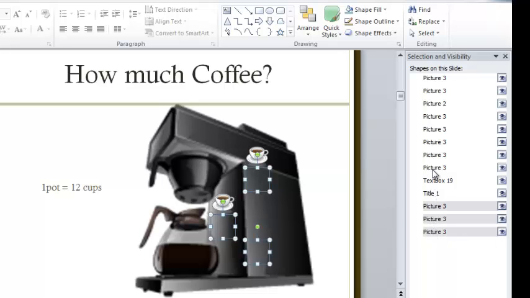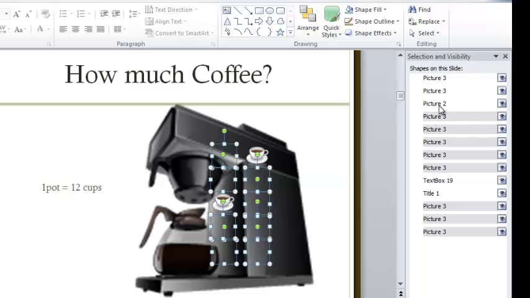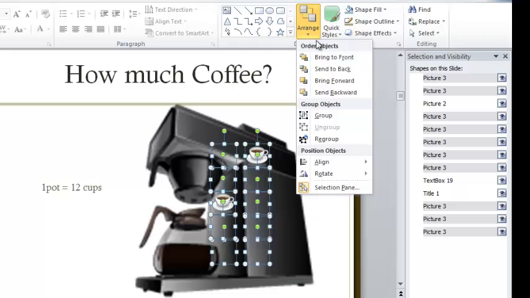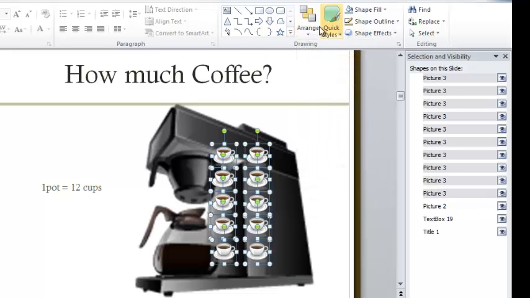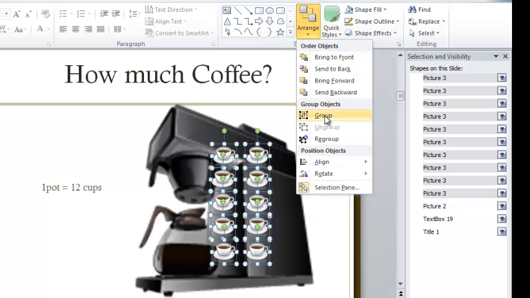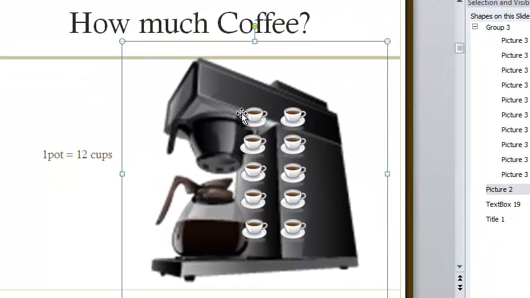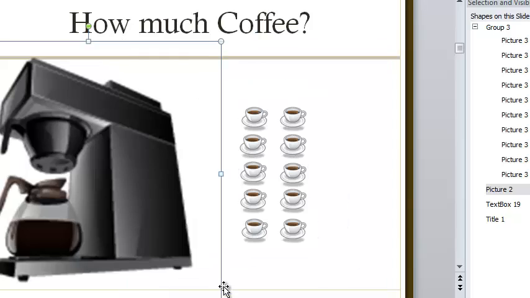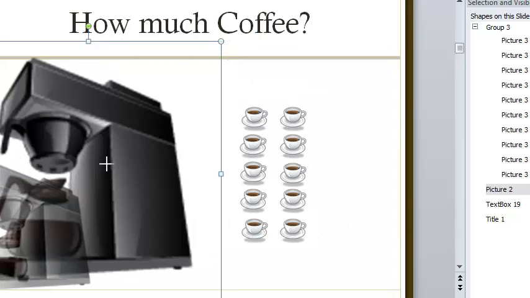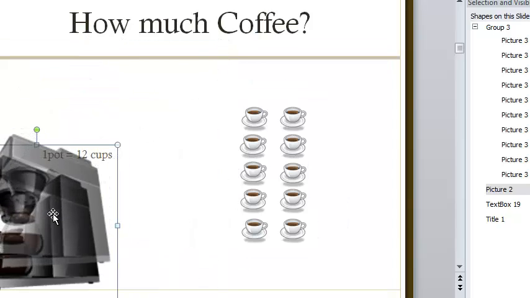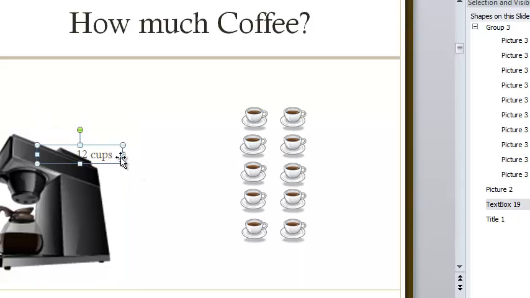This also can be used in animations. We can conceal certain animations of images by putting one image in front of the other and moving it around, and so you can play around with animations for various images. I'm going to regroup these and move the coffee pot back, but play around with the selection pane. It helps you to do animations, it helps you to arrange objects, and it's a very useful